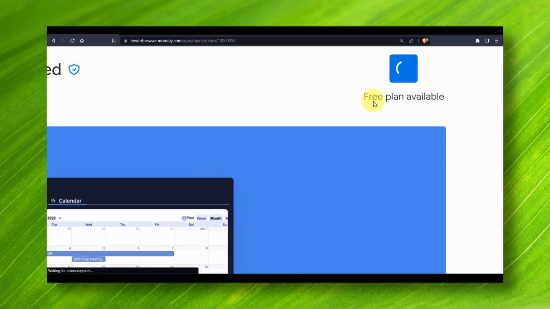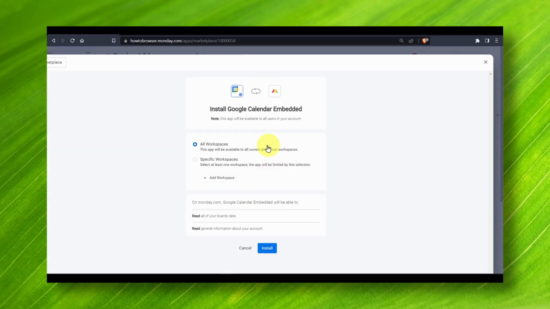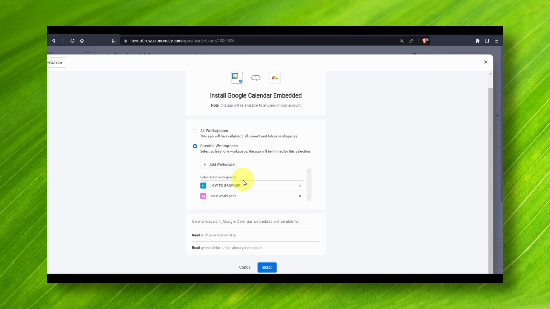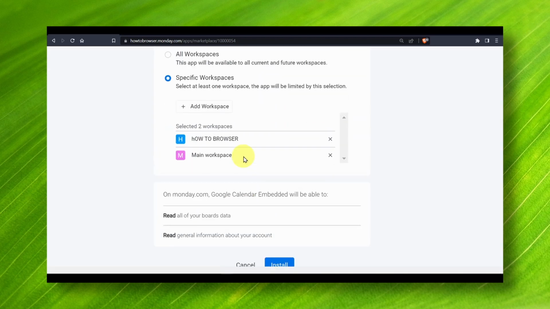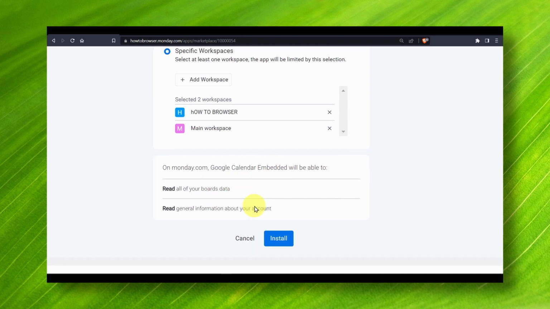Wait a couple of seconds. It's free as well. Now here, specify your workspaces, or you can add a workspace. Okay, I select two workspaces, and Monday.com Google Calendar Embedded will be able to read all your board data and general information about your account. Now click on install,